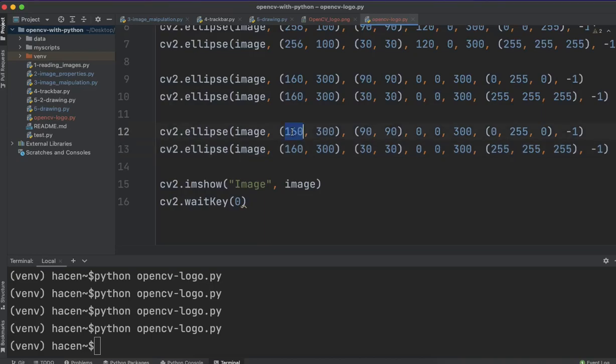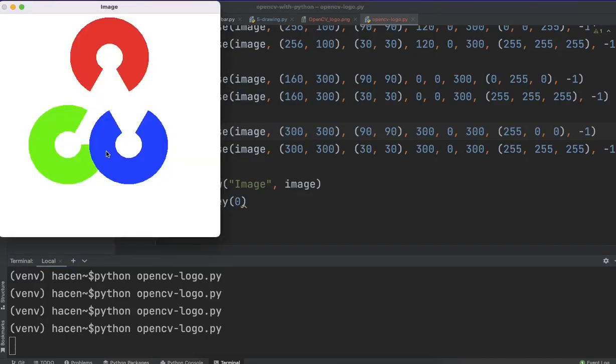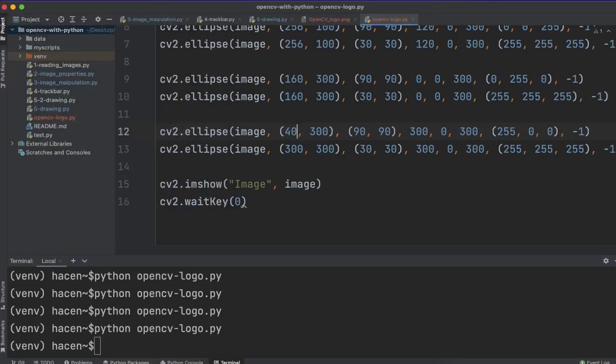I will change this one, for example, to let's say 300, and I will change also this one here, make them 300 and 300, and I will change the color to the blue. So let's run it. So now we need to move this a little bit to the right side. So I will make this, for example, 400, 400,